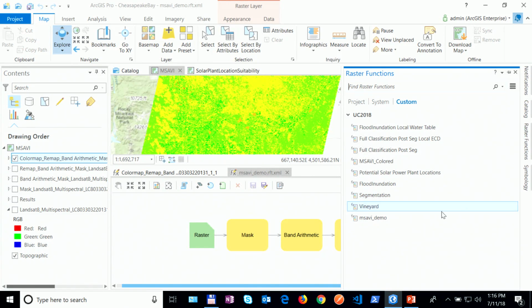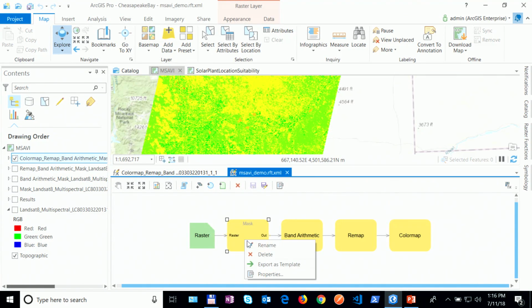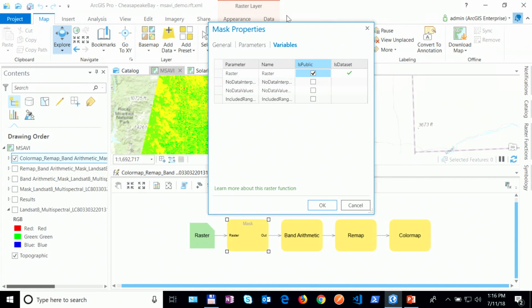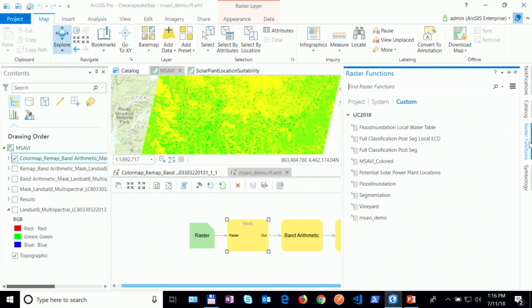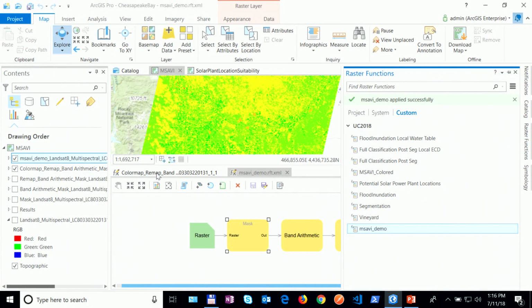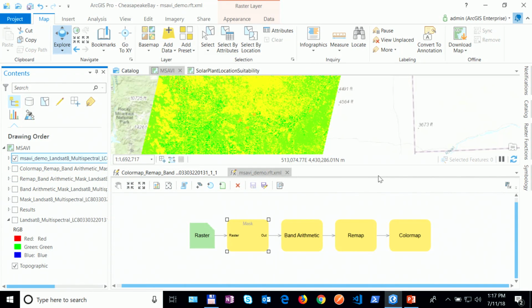Right, and then another similar concept regarding the function chain, compared to a GP model, is you can expose certain parameters as public parameters for this function chain. For example, in this case, I'd like to expose the raster parameter, save this chain, and then when I open this function chain, it will ask for the raster input of this workflow. So if I'm applying it to the original data that I was using earlier, instead of creating multiple temporary layers, it applies the entire chain and creates a new layer, right? New on-the-fly layer,